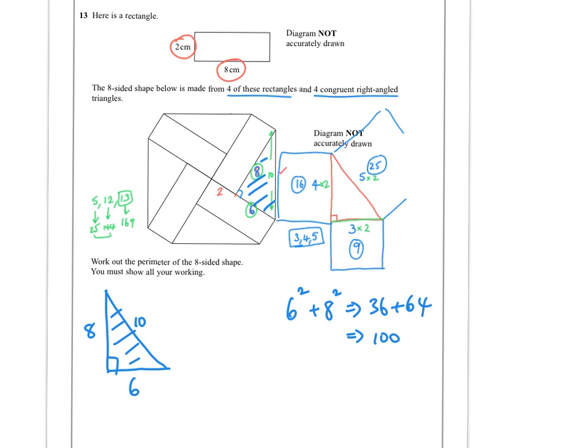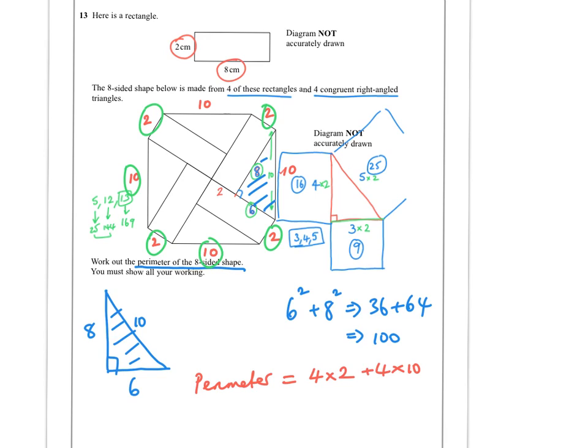So we know all the lengths now for finding the perimeter of the 8-sided shape, because we know for sure that these lengths are 2. And then we've got basically some 10s here. So I guess a quick way of doing it is to say the perimeter is 4 lots of 2, these ones here, 1, 2, 3, 4, plus 4 lots of 10, which we've just found. And that gives us a nice answer of 8 plus 40, which is 48, and the units are centimetres for perimeter, because we're walking from one point all the way around to the start again,